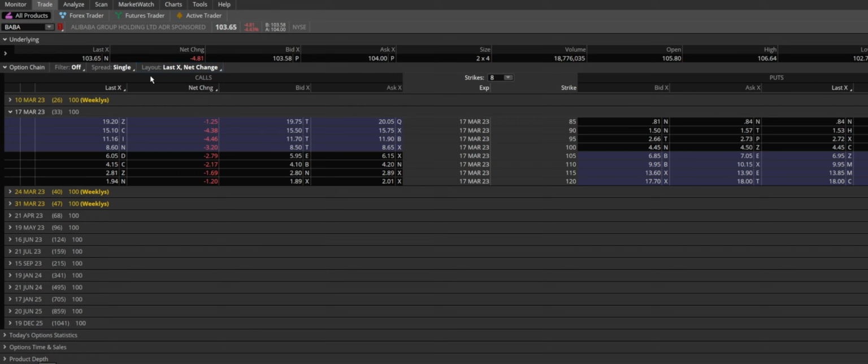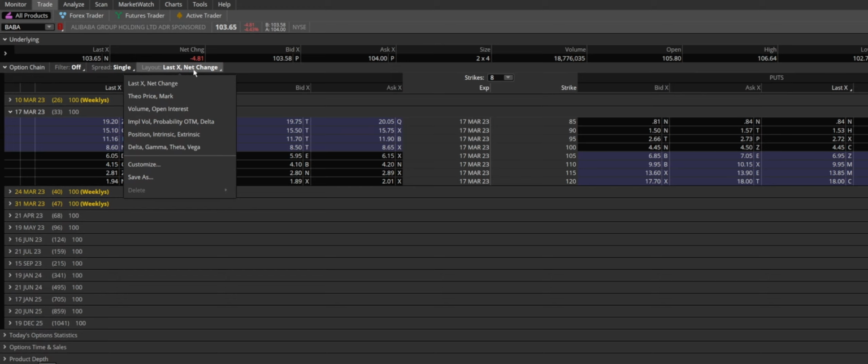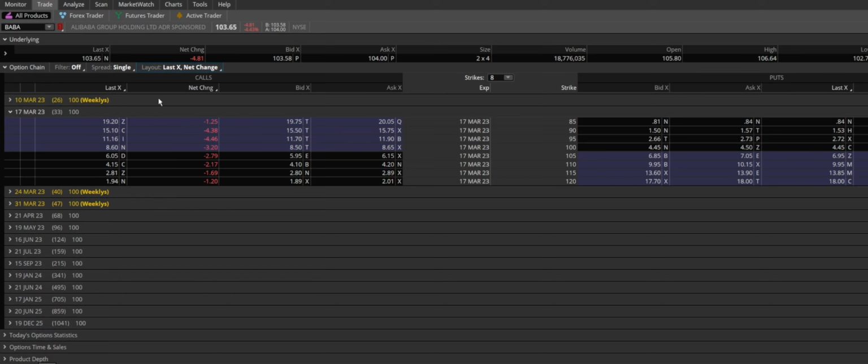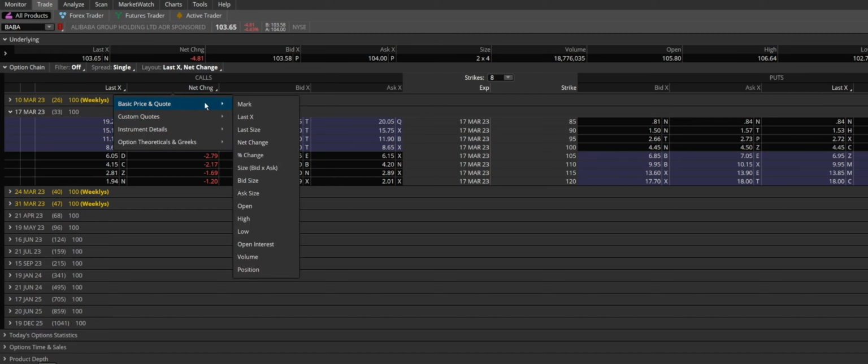So right here under the default layout, right up here, we can change to what we want to see. As I said, you can see there is last X here and net change. So if I click on those triangles, you can see I can customize it based on what I want it to be seen,